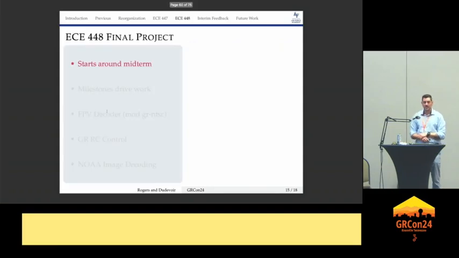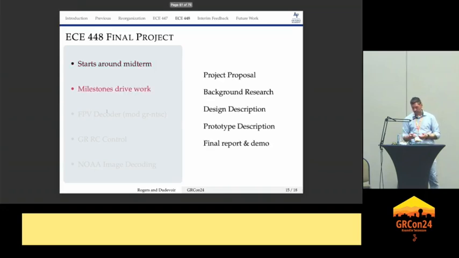And kind of the last thing that I want to talk about is their final project. In this final project, they have the opportunity to define what they want to do. So they give me a proposal around midterm that says, here's what I want to do. And I come back and say, whoa, that's going to be way too hard. That's going to be way out of your range. Let's not do that, so let's scope it back.